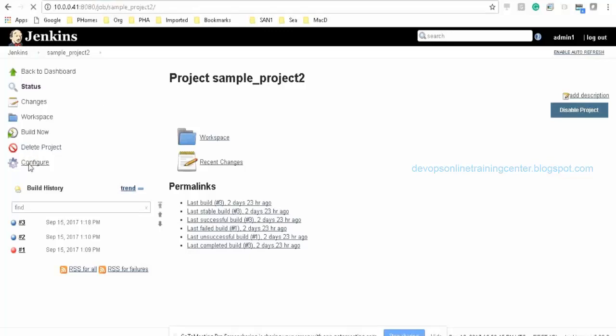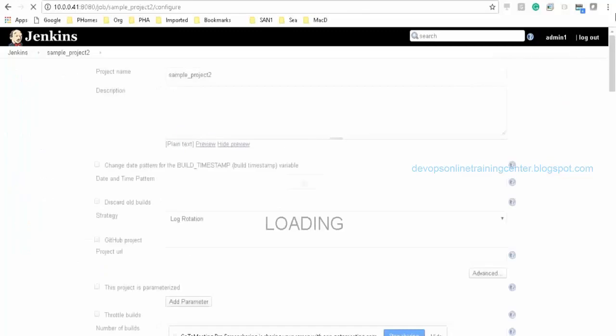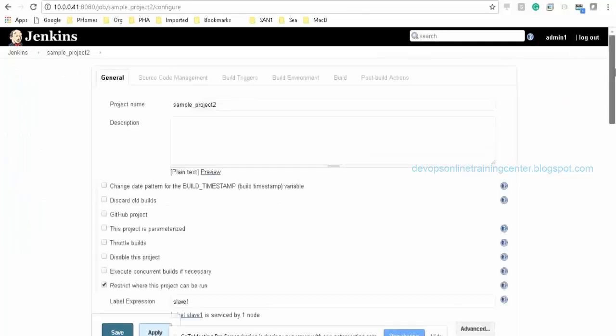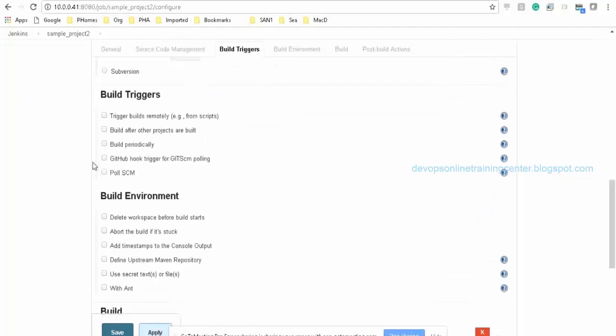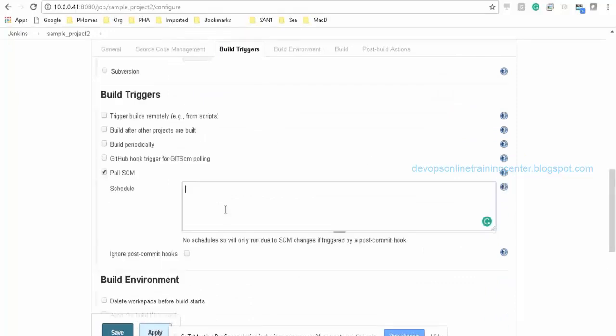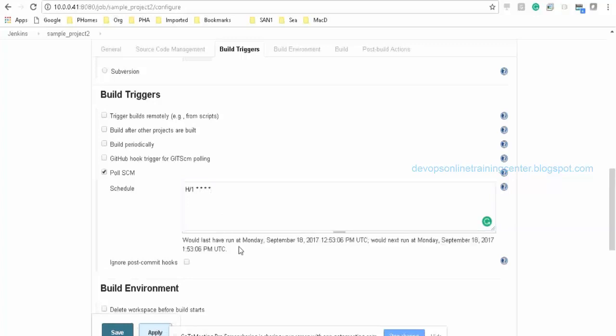What is my polling interval? Okay, there is no polling. So we have to set this. H1 means every 1 minute. All stars also states that it's 1 minute, right?